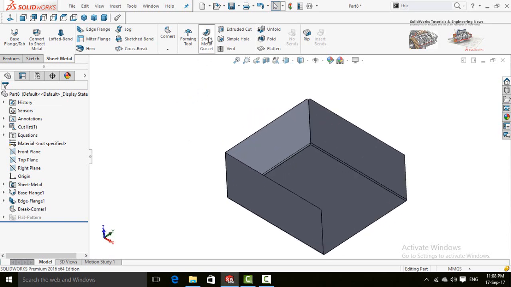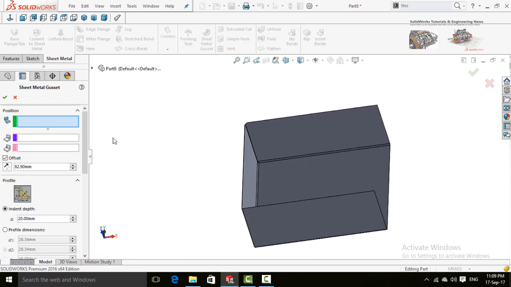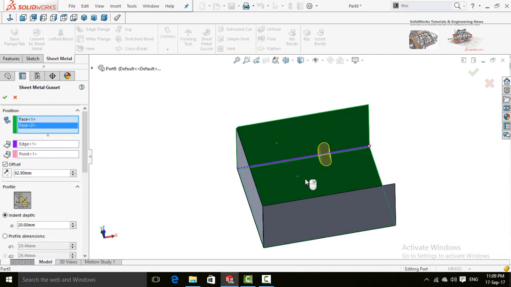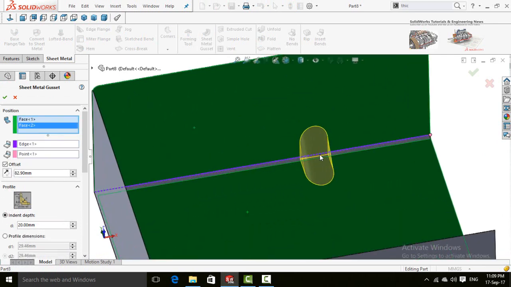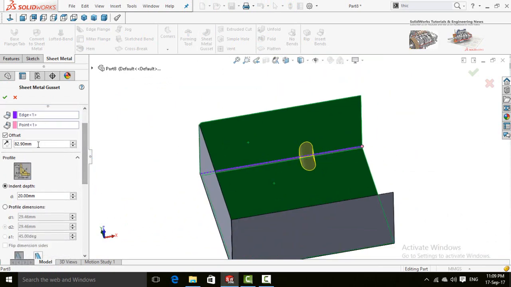Now we have sheet metal gussets, so click on it. Select two faces, supporting faces, face 1 and then face 2. Now you can see gusset has been automatically created. If you scroll down, these are the distances from this point, reference point.